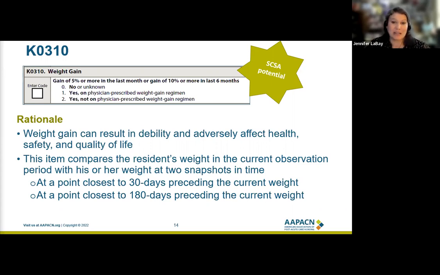I mean, if you're at the 10%, you meet the 5% for the 30 days anyways. So yeah, this is a really tricky look back. I don't know why they've made it so tricky, but it is. So we just have to be mindful of that and make sure that our documentation supports what's really going on with the resident. Obviously, we've got to capture those things in between to make sure that we're taking good care